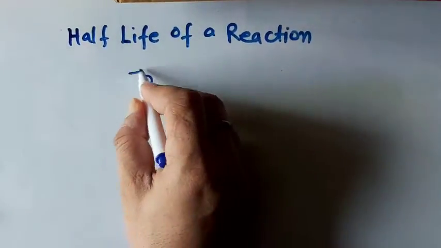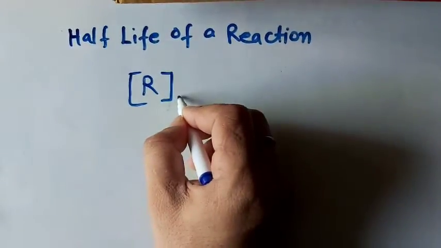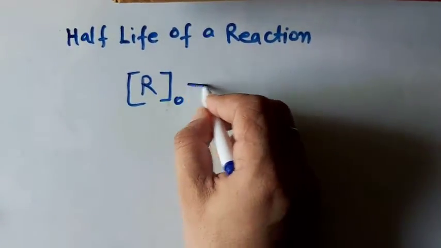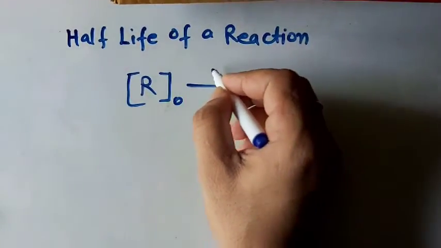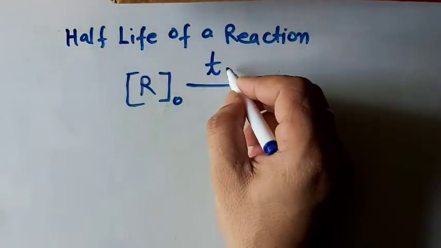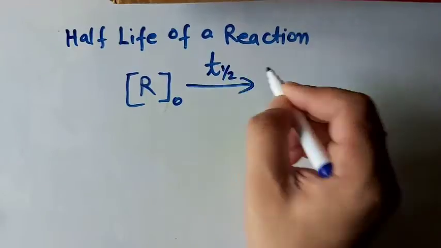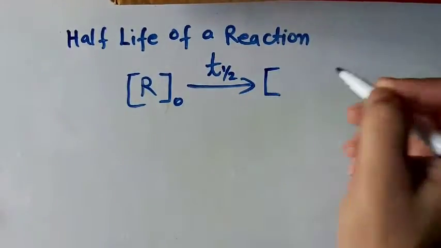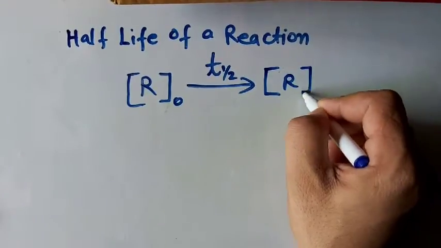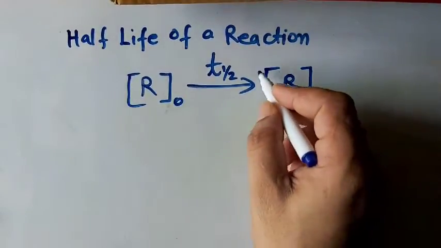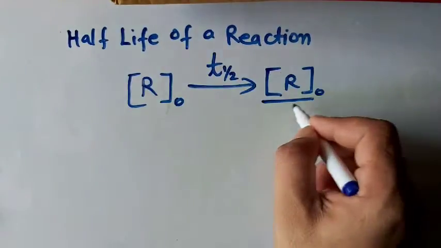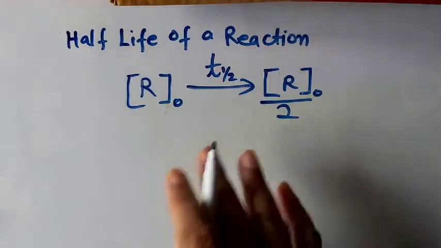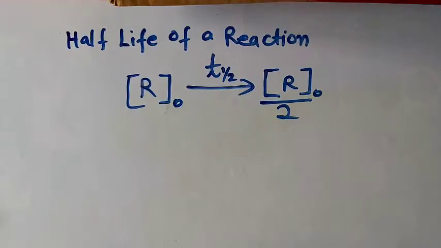For example, take this to be the initial concentration. As the reaction proceeds, after some time, say t half or any time, the concentration will reduce to some extent. T half is when it is reduced to half of the initial concentration. This is how we are going to represent